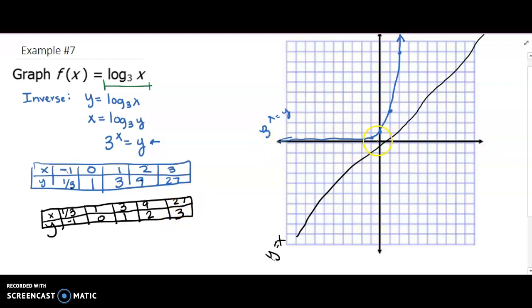Okay, so then I can graph it. So 1/3, -1, so it'd be like right here. 1, 0, which is right here. 3, 1, which is right there. 9, 2, which is right here. So notice, if I were to keep plotting and plotting and plotting, I would be going